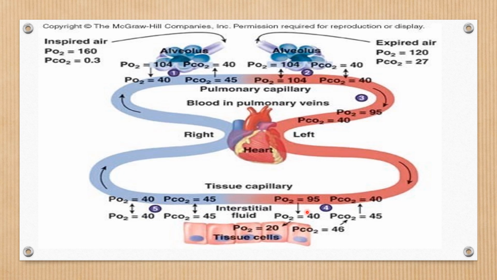That is at the lung level, and at the tissue level the same happens, here on the left side, sorry. From the arterial side, the pulmonary capillary, the partial pressure of oxygen is 95, in the interstitial fluid it is 40, and in the tissue PO2 is only 20. So 95 minus 20, how much is it? A 75 pressure gradient is present. So easily the oxygen will diffuse to the tissues till equilibrium is reached.